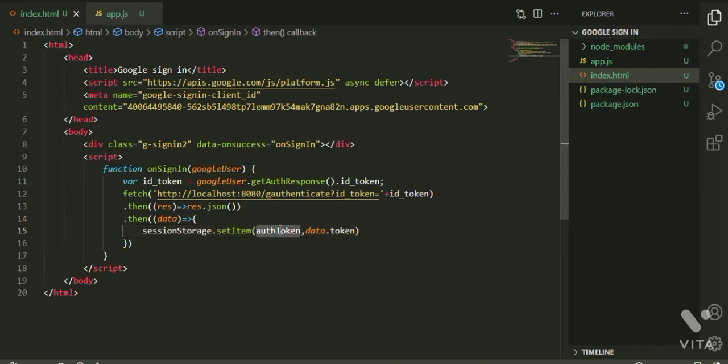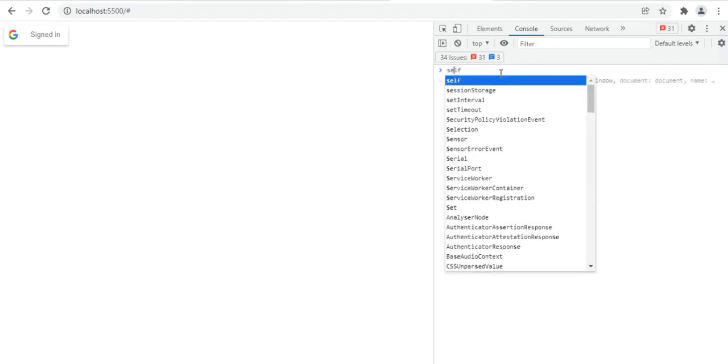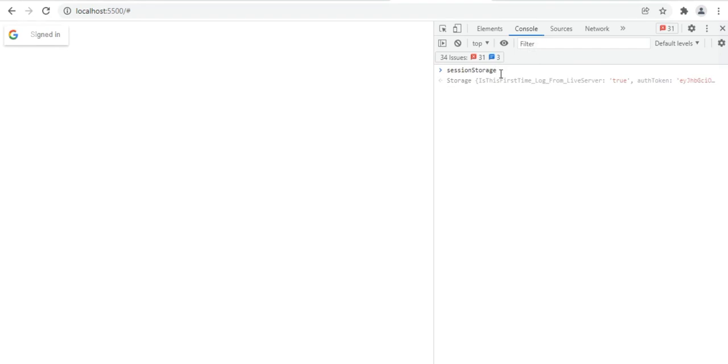I have to set it as a string, right? Yes, now it should work. I think it has worked. Let us see in session storage, auth token. Yes, we have our auth token here. Now it is working, right?